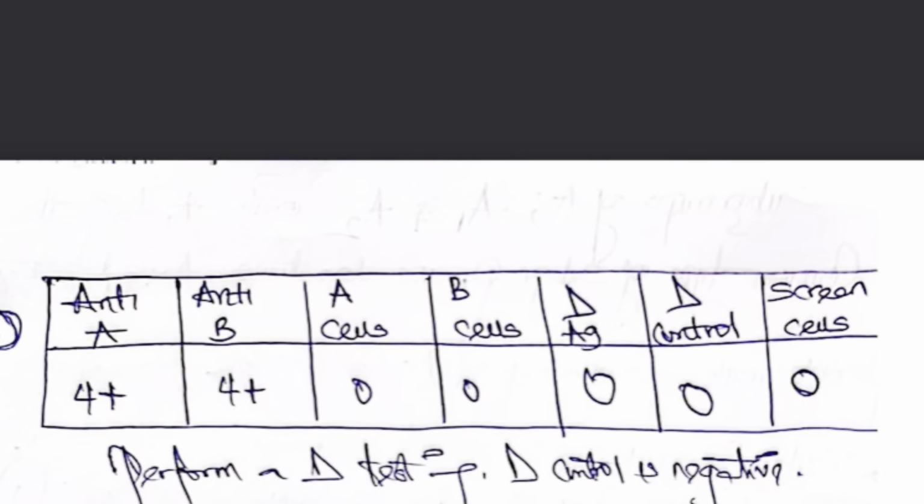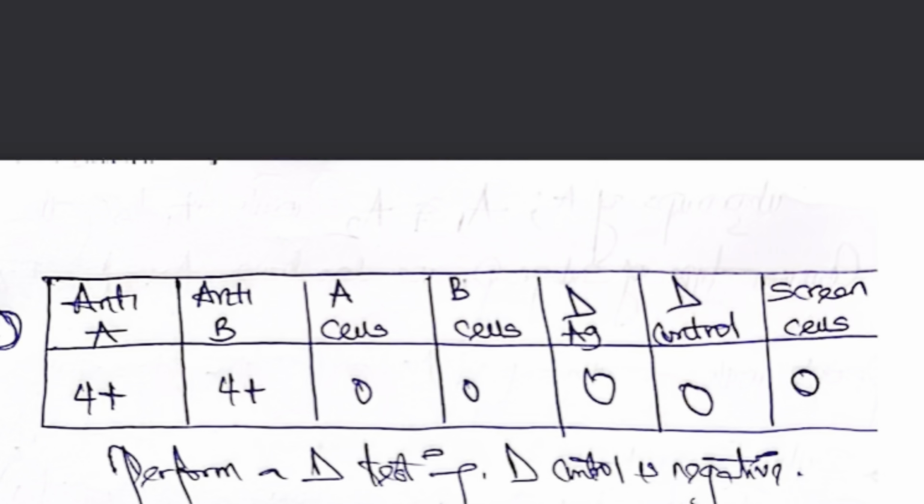So question number 1, we have this table. If we take a look at this table, we can see that we have a 4+ reaction in anti-A, a 4+ reaction in anti-B. In A cells, no reaction, that's the 0. B cells, no reaction. D antigen, no reaction. D control, no reaction. Screen cells, no reaction. So if we are asked to read this and solve the discrepancy, the answer I would give is that another